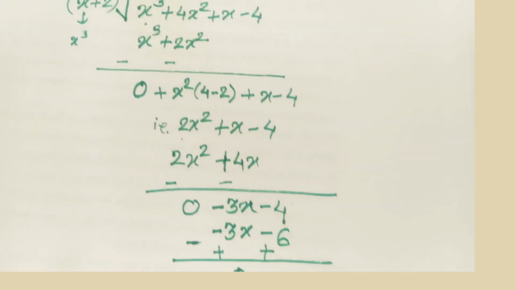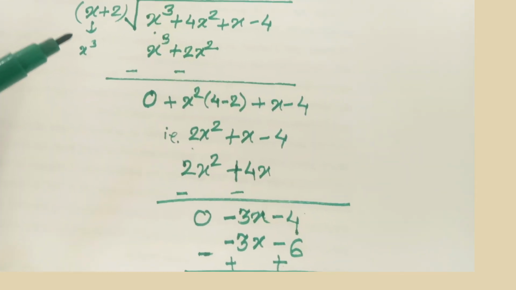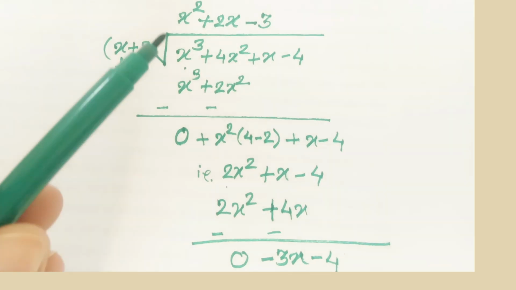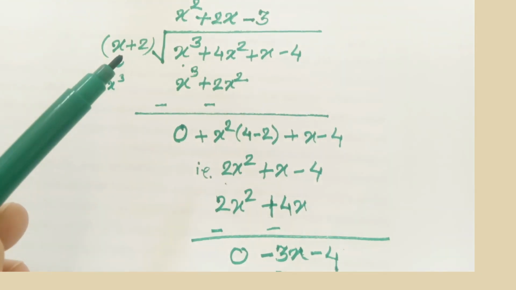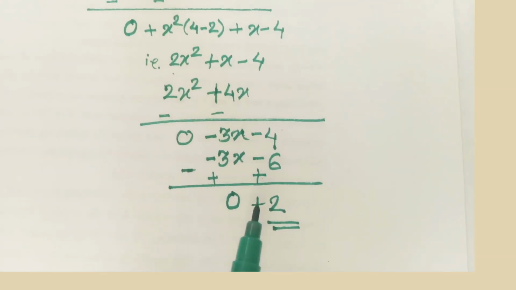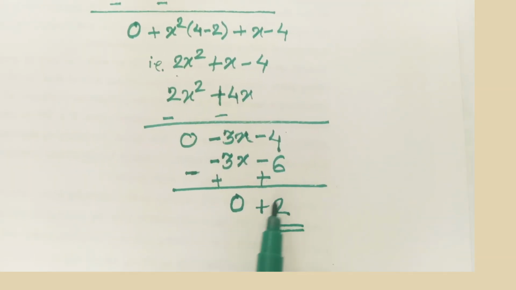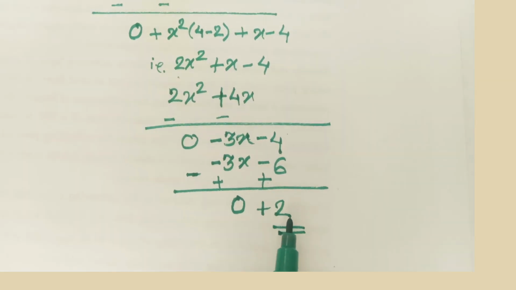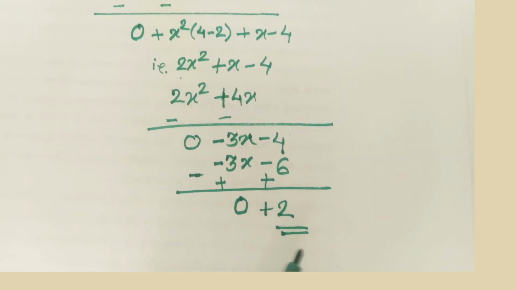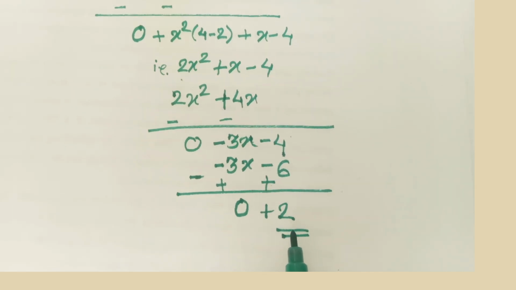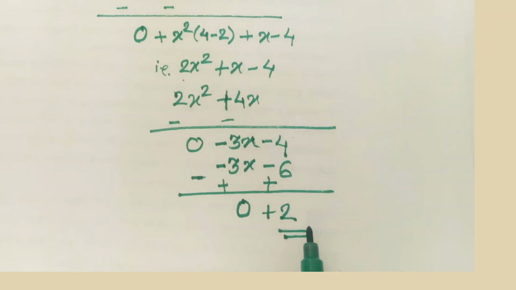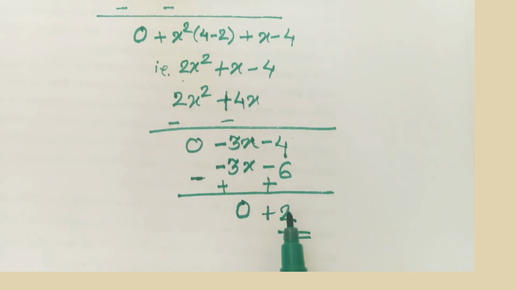Here our divisor polynomial is x plus 2 of degree 1, and we are dividing by it our new polynomial, but our new polynomial is 2, that is a constant of degree 0. It means the divisor polynomial degree is 1, which is greater than the dividend's degree. It means the division is not possible, you have to stop here, that is 2 is our remainder, it is the final answer.